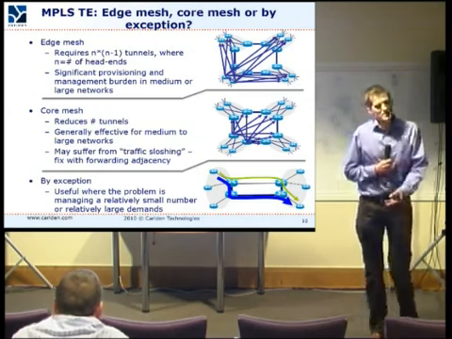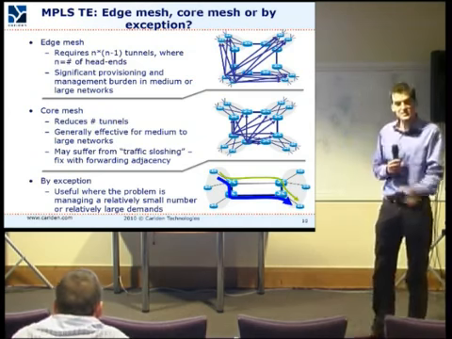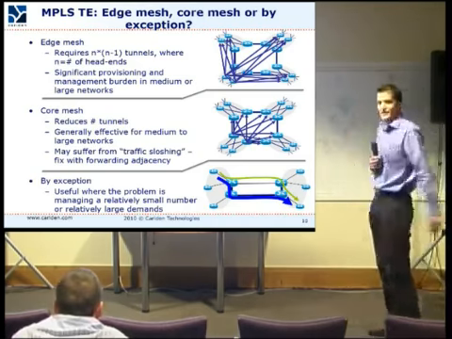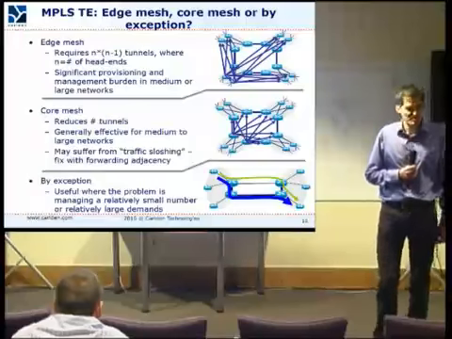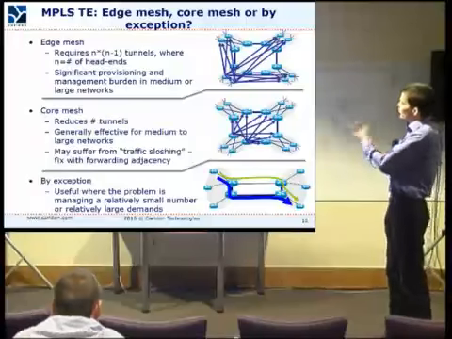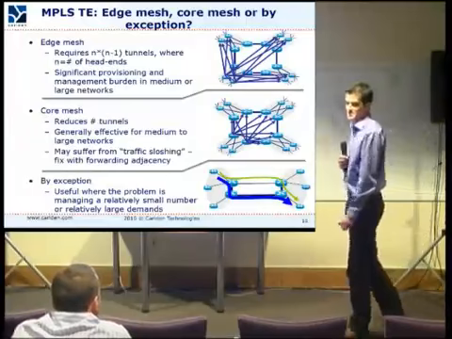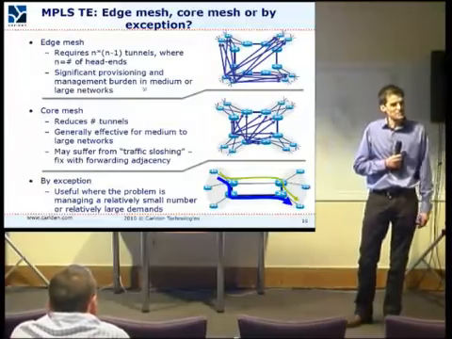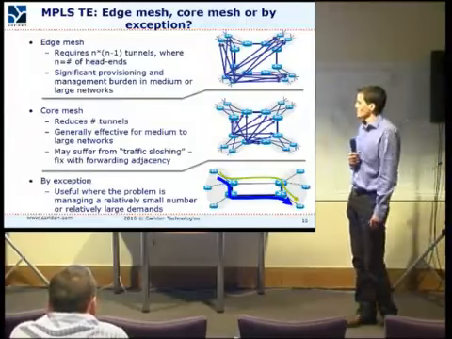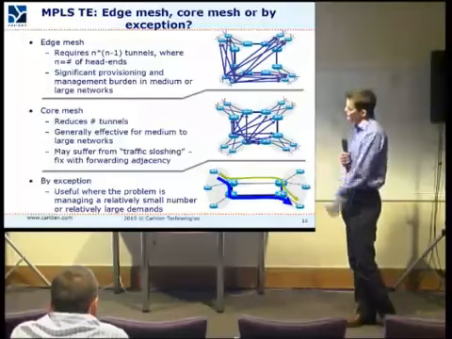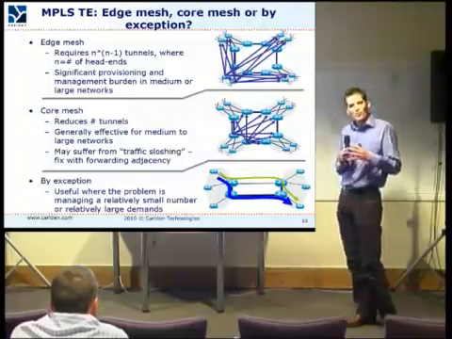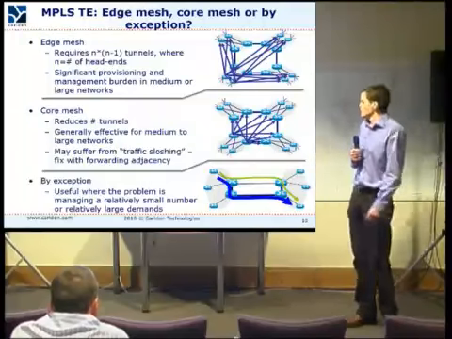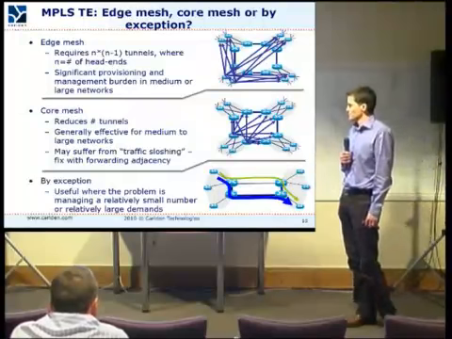When you look at MPLS traffic engineering, you've then got a whole set of additional choices. So you've got the architecture you want to use for the traffic engineered tunnels. Do you want to do a full mesh from all your edge devices to all your edge devices? Well, that becomes quite a burden. It's an n-squared problem. It becomes quite a burden as you've got a lot of edge devices. An alternative is to do, if you like, a core mesh to bring that in and just control the core from a traffic engineering perspective.